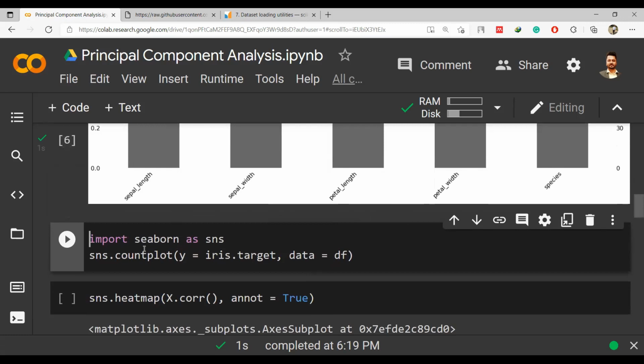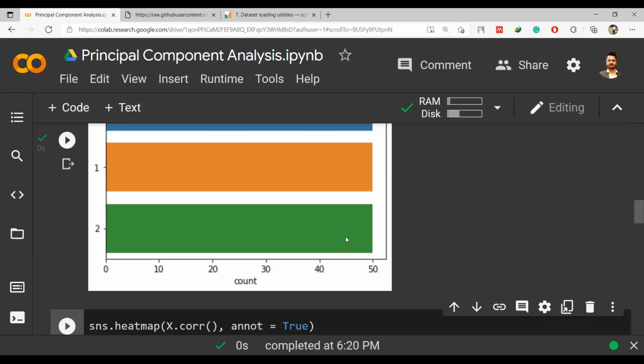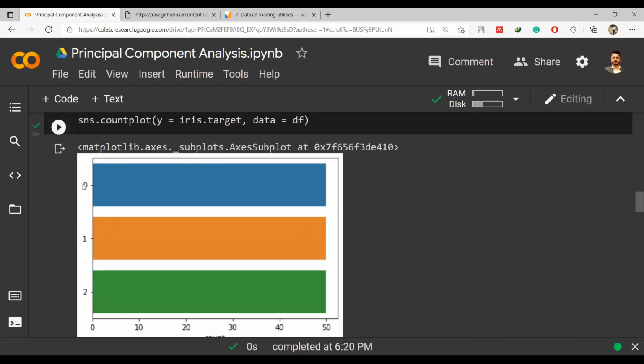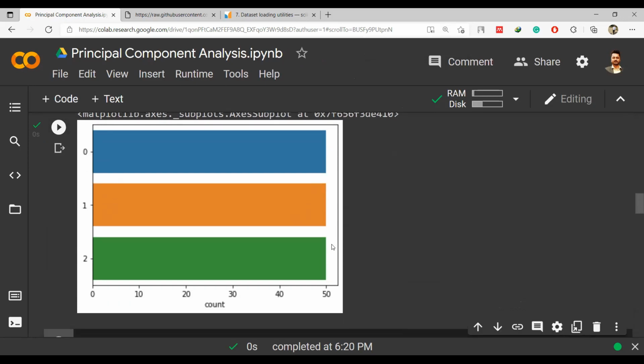And then you can also use the Seaborn library. Seaborn is one of the visualization libraries. Import seaborn as sns, and then you can plot. The count plot will be done on the final target value, which is Y, out of the data frame df. If you plot this, there are 3 classes 0, 1, and 2, and for all 3 classes the count will be provided. And it is very clear that class 0, class 1, and class 2 all have a count of 50.